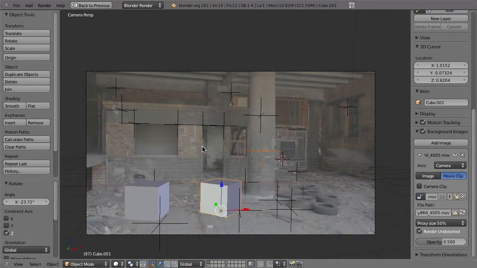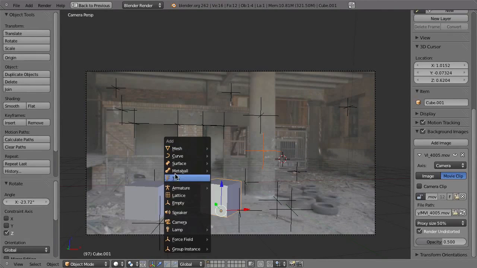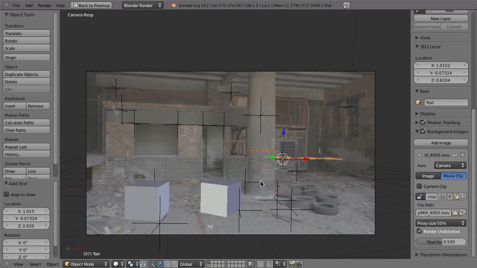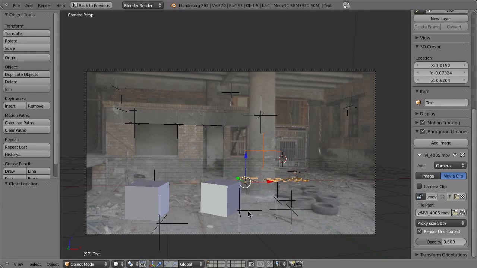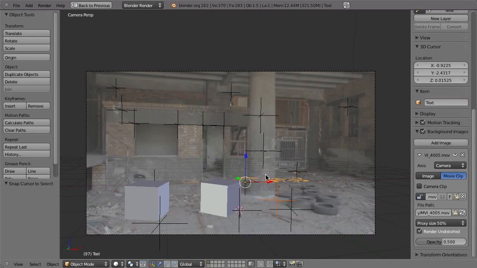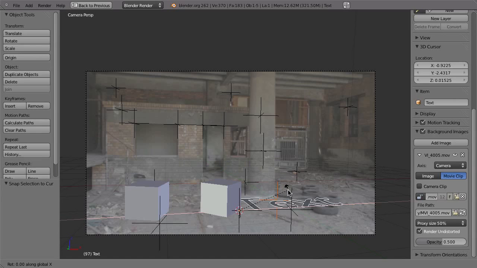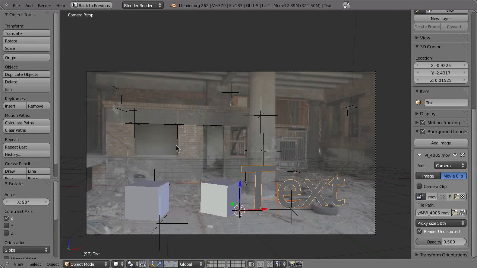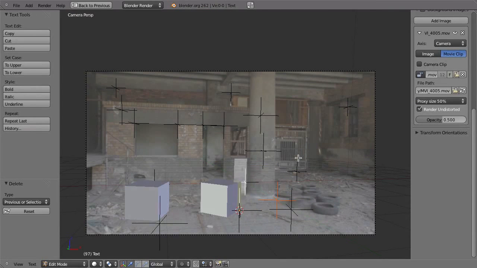Or maybe we can also add some text. So Shift A, text, Alt G to clear the location, maybe move it over here. So I select this marker with my right mouse button, hit Shift S 3 to snap the cursor there, then select the text and hit Shift S 2. So now the text is here, and with R X I can rotate it 90 degrees around the X-axis. So now we've got the text there, and maybe it could be